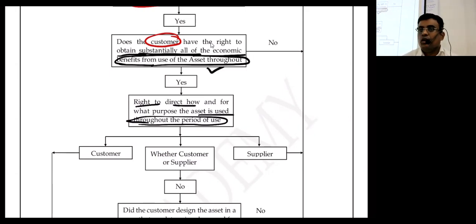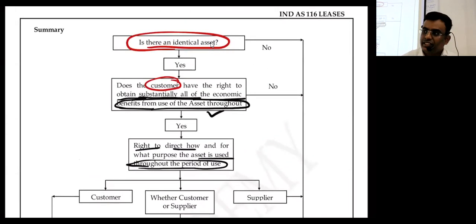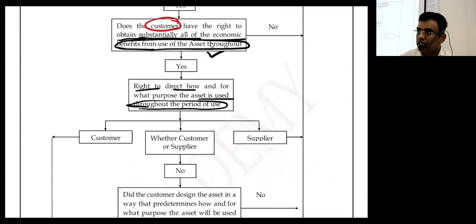ஓகே சரி, இப்ப இந்த கேஸ்ல identified asset is the sticker is pasted, yes or no? ஓகே. Does the customer have a right to obtain substantially all the economic benefit? இது மில்டன் வாட்டர் பாட்டில். நம்ம ஒரு நார்மலான வாட்டர் பாட்டில் வாங்கிடுவோம், 3 மாசம் தான் பிளாஸ்டிக் வரும்னு வச்சுக்கோங்க. அதுக்கு மேலே அது ஒர்க் ஆகாது, அடுத்த பேட்ச்க்கு கொடுக்க முடியாது. அப்ப does the customer have a right to obtain substantially all the economic benefit from the use of assets throughout? Yes. Throughout the contract. Throughout the period. Okay. Now, yes.